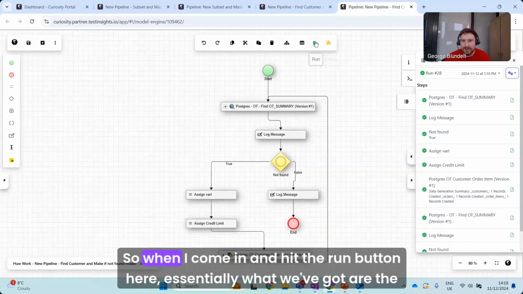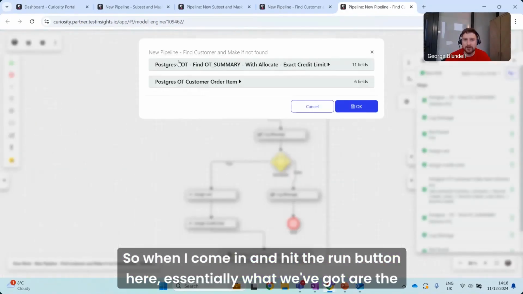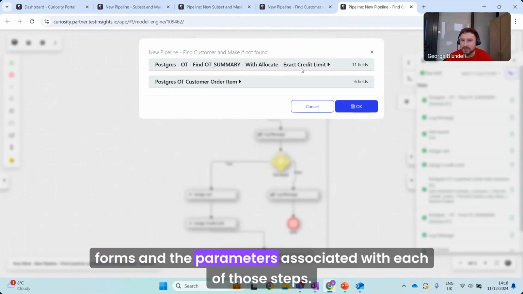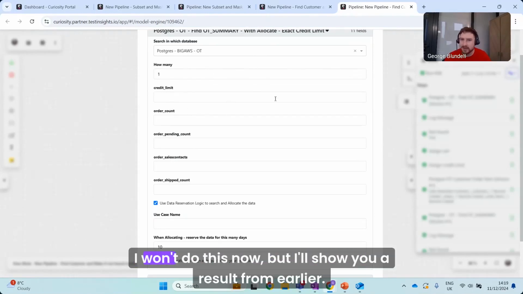So when I come in and hit the run button here, essentially what we've got are the forms and the parameters associated with each of those steps. The first one is our find. I won't do this now, but I'll show you a result from earlier.